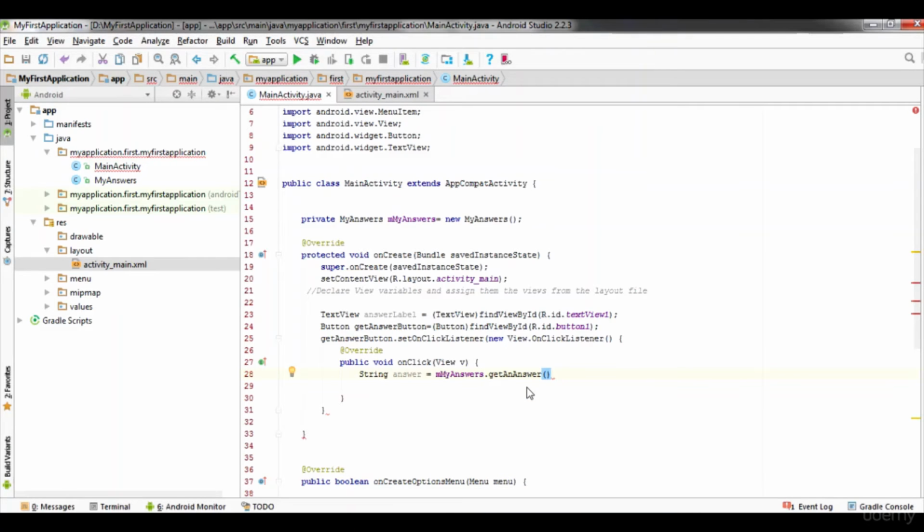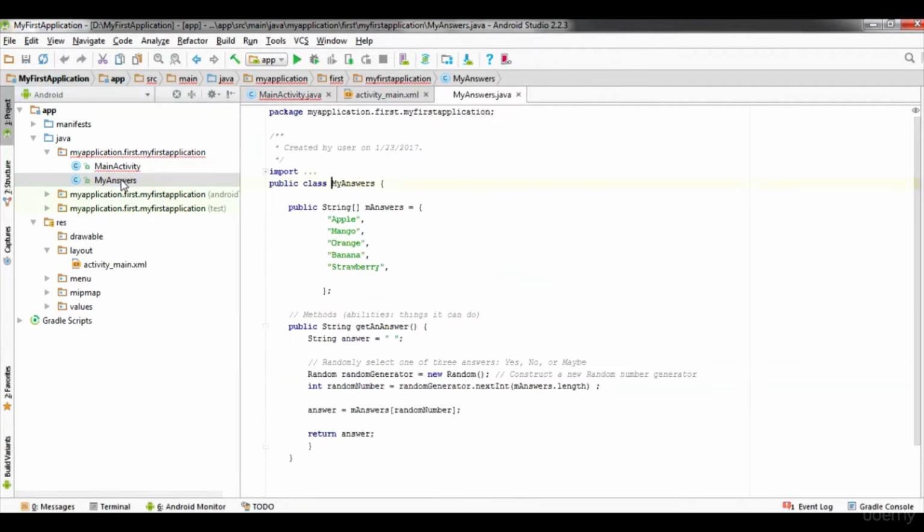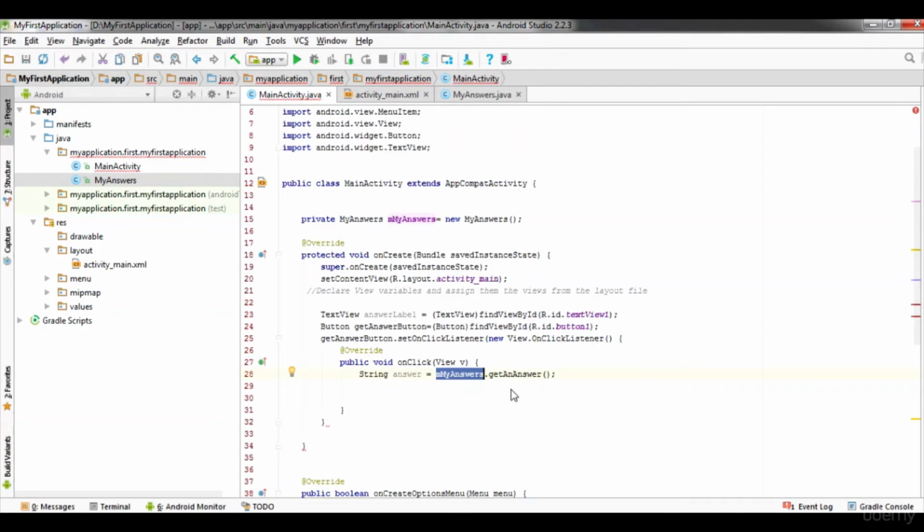All this my answer, from where it is getting, I have another class Java file, my answer dot Java, where we have already declared the class name. So from here get answers, my answer, it is picking the values from there. We'll discuss that my answer dot Java file and what things are mentioned in it, and we can see.